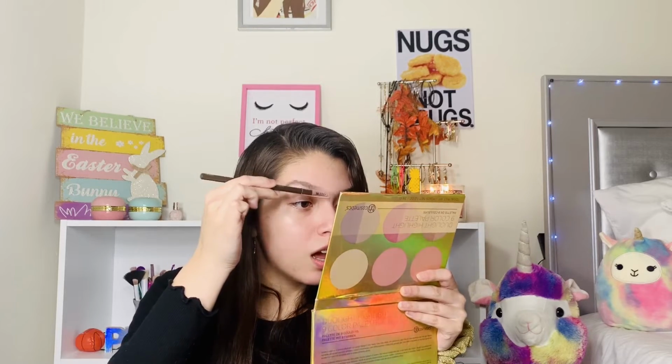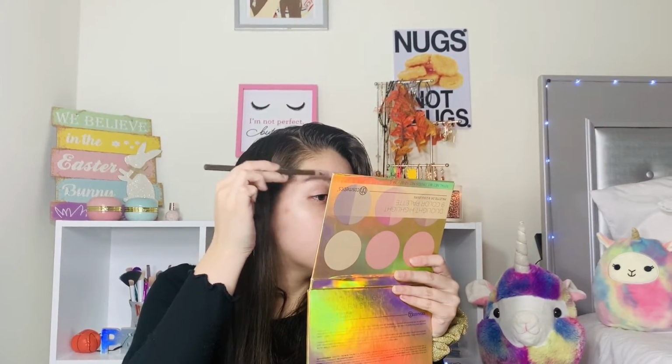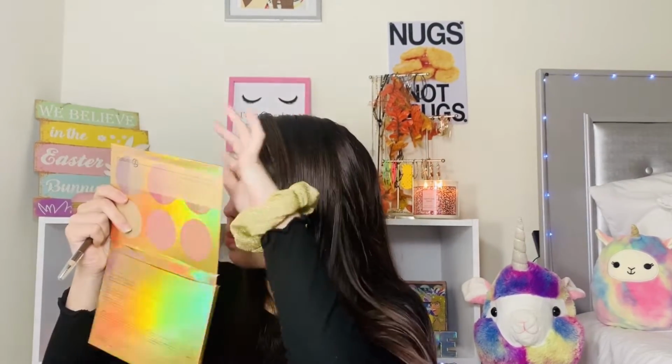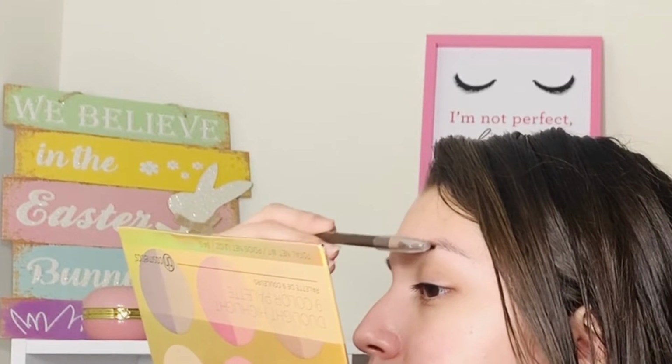Okay guys, so we're just gonna brush it. Also, it's gonna be my first time using a brow pencil, because I don't really like using brow pencils, but hopefully it won't look so bad. But we're gonna brush our eyebrow. Okay, this is kind of alright. I mean, it's normal. I guess it's good. It doesn't really hurt when you brush, even though it has a weird texture, but it's not that bad. So now I'm gonna do my other eyebrow and brush it up, so we can get it ready for